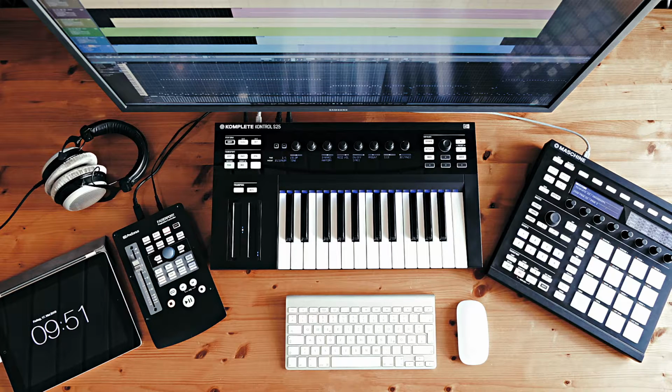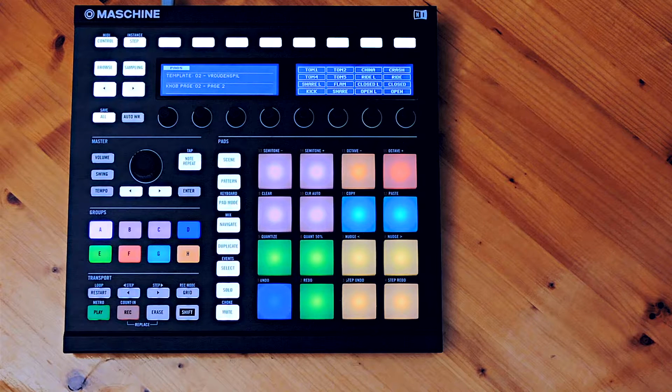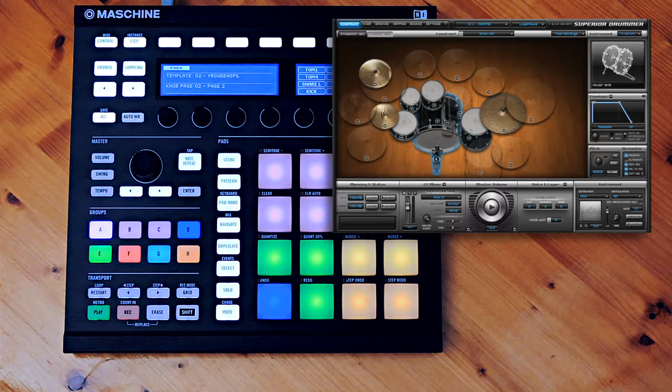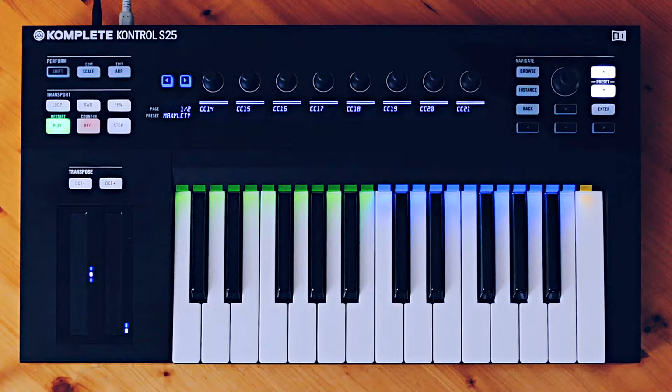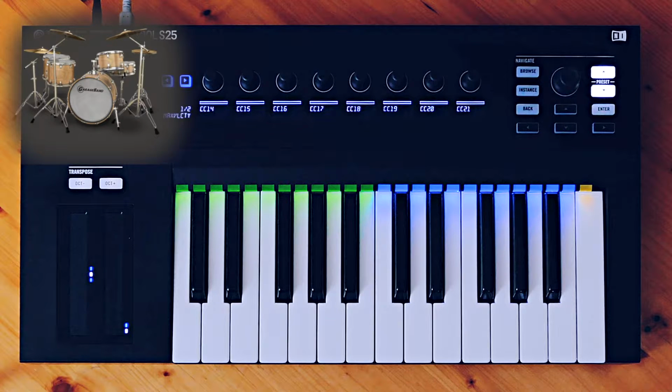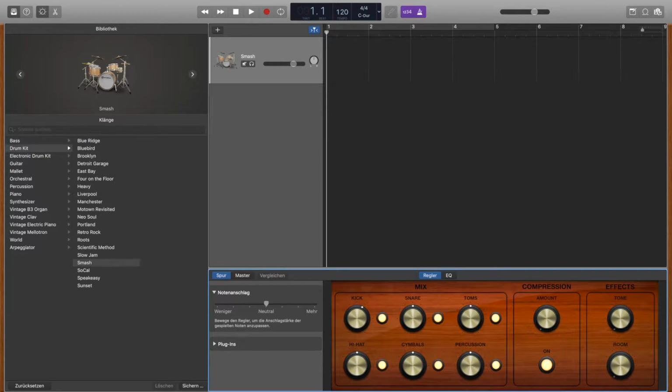One easy way for non-drummers to play drums is a MIDI setup on a computer. I myself will use my Native Instruments machine with Superior Drummer 2. If you want to practice your finger drumming a bit, you might pause the video and create your own setup. All you need is a MIDI controller and some drum sampler, which you can usually find in every DAW, like GarageBand.